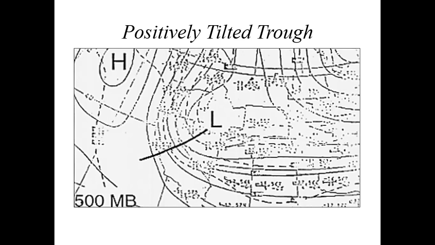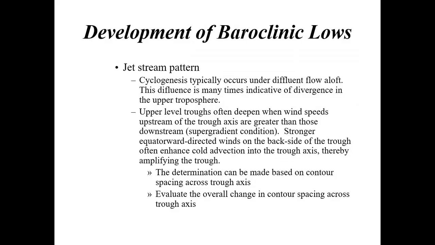And then confluence indicates the solid black lines generally to the east of that trough axis are increasing, and they're also coming together, getting closer together. And that would be an example of confluence where the air aloft is accumulating, the mass is accumulating aloft, and that is not very favorable for explosive storm development. Now, the jet stream pattern associated with any kind of storm development, the cyclogenesis, typically occurs under diffluent flow